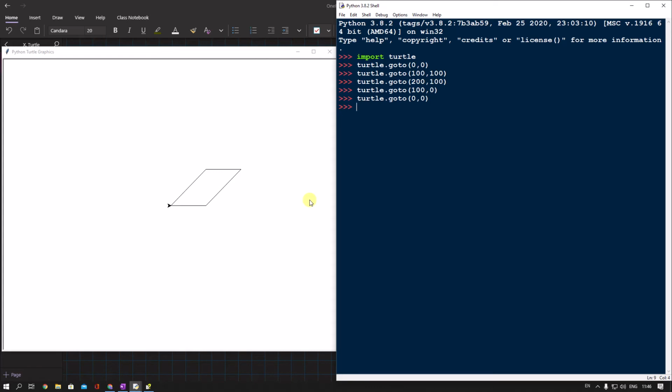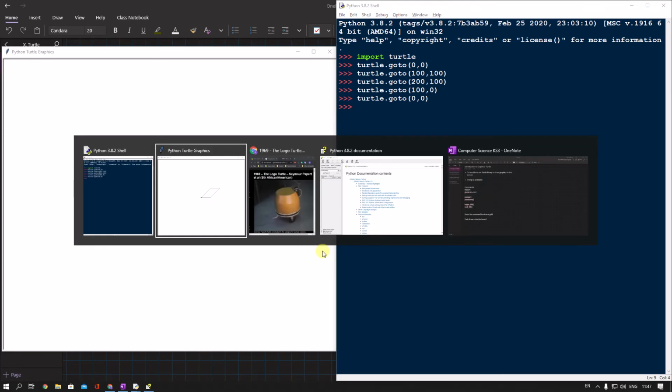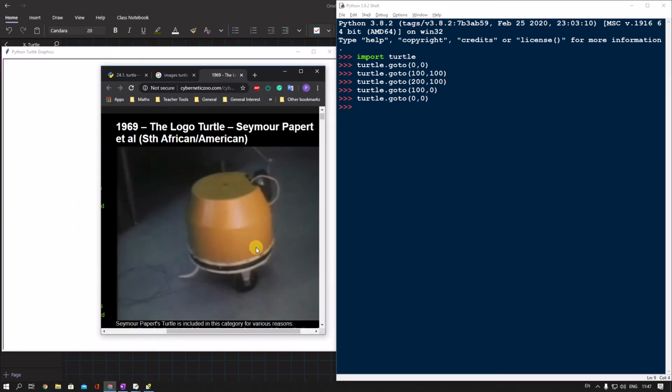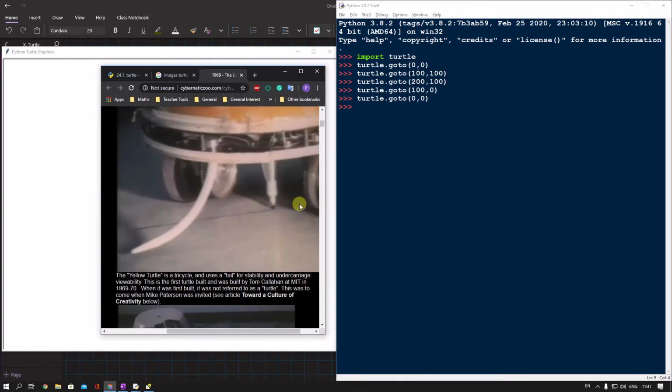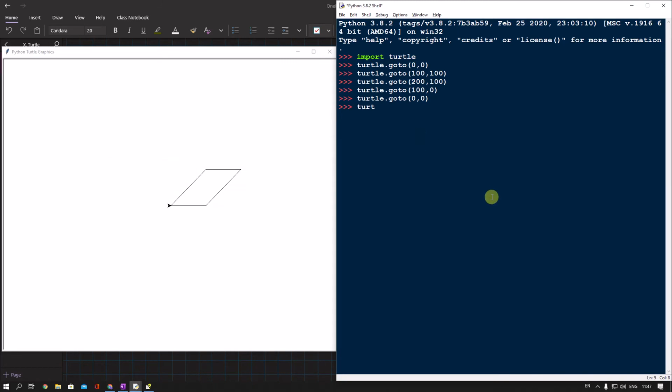If I want to move without drawing a line, what I have to do is tell it to pick a pen up. This sort of thing is actually based upon a robot that's been around for years. This sort of robot where you've got wheels trundling around, and underneath it there's an actual pen that you can move up and down, which allows you to draw lines. That's what it's based upon. So the command turtle pen up